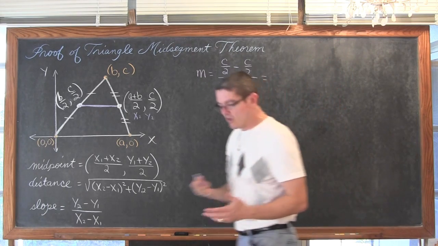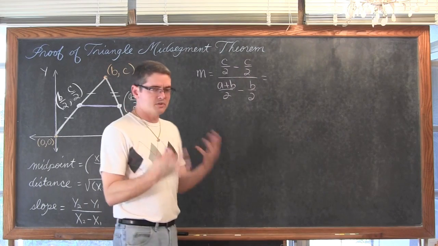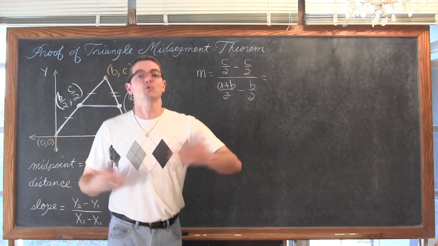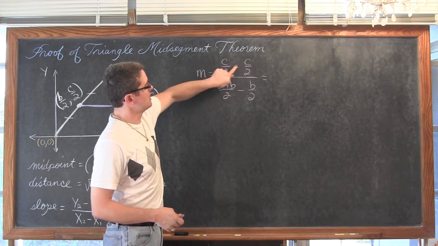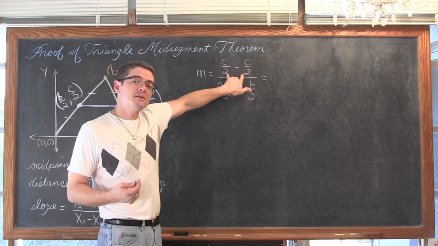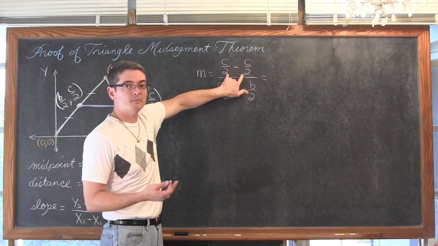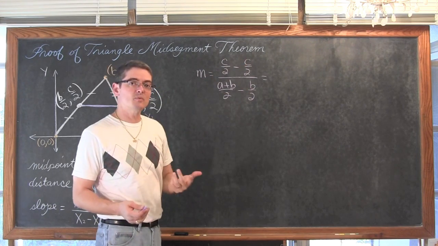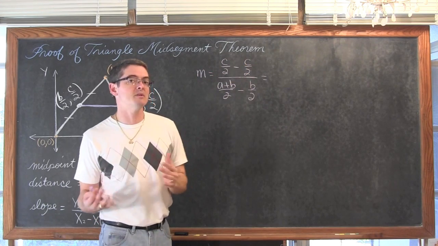Now, if you're not comfortable with fractions, this is probably quite scary, but we do need to eventually get comfortable with these. They keep coming up over and over again. I mean, if you use a ruler, you're doing fractions. Up the top, we have c over 2 minus c over 2. Now, all you need to subtract fractions is a common denominator, and we already have that. They have a common denominator of 2, so all I have to do is subtract the numerators, and that's not too big of a deal because c minus c, or anything minus itself, is going to be 0.